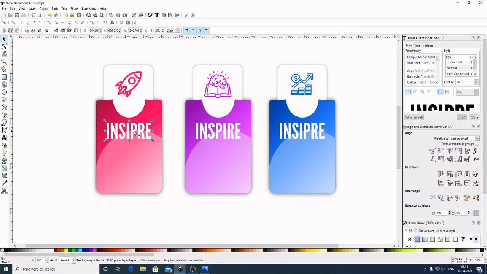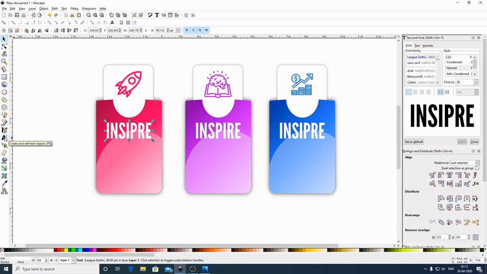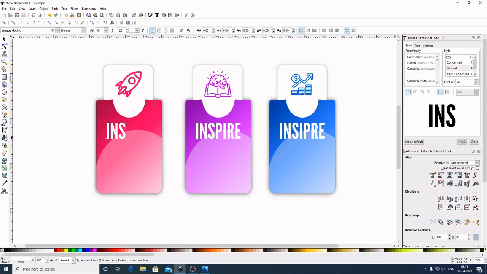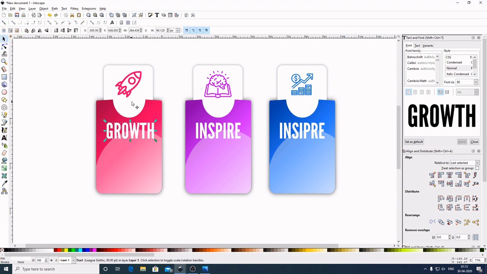Now I will select this one, again select this, create and edit text object, and I will hit backspace to delete. Here I will write growth, select this one. Now by holding Shift in the keyboard, select this graphic. Now come here, center on vertical axis.